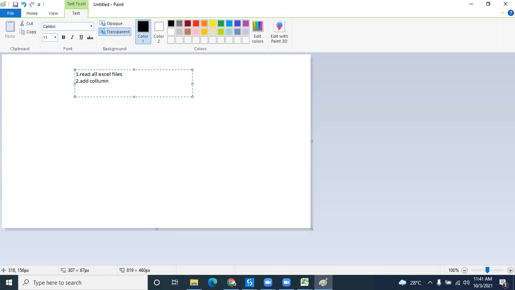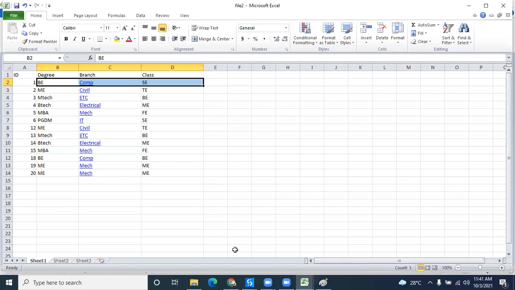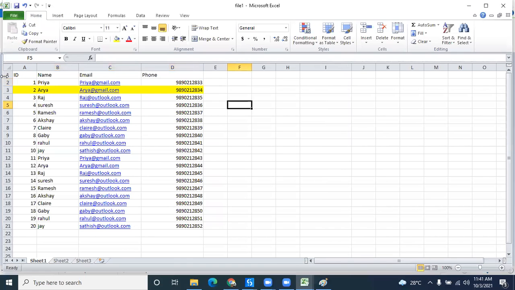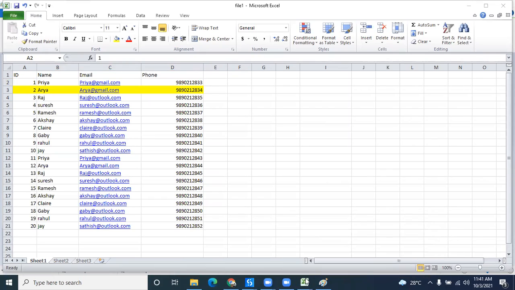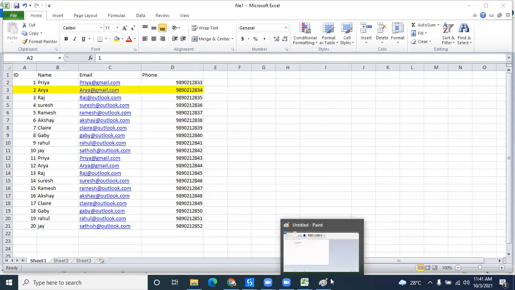So after adding 5 columns, we have to add the values. How can we add the values? First we have to check whether this ID is available in the second file and third file. If it is available in the second file, then I should create one variable and store it.